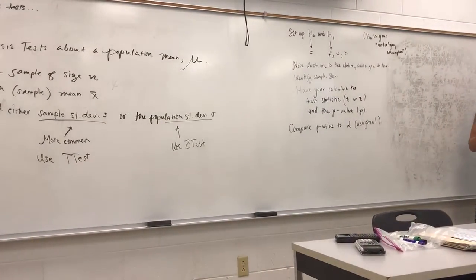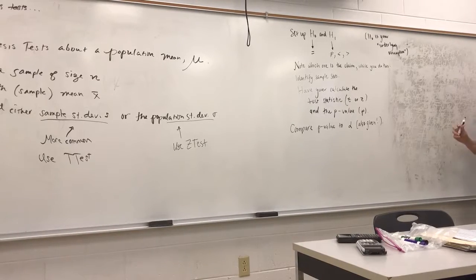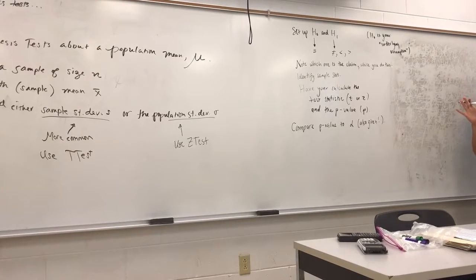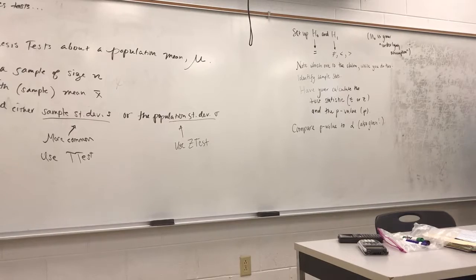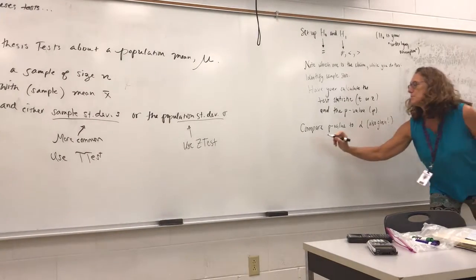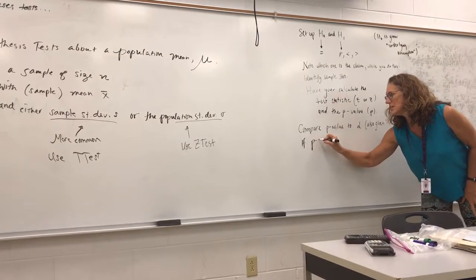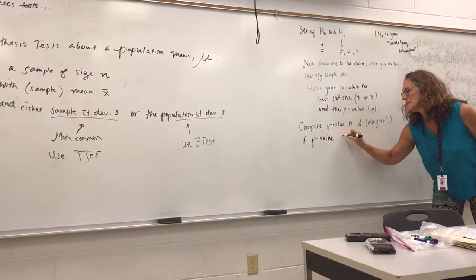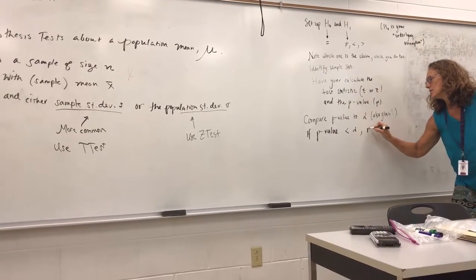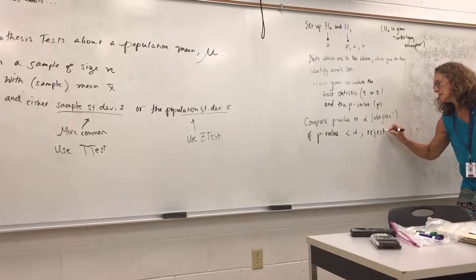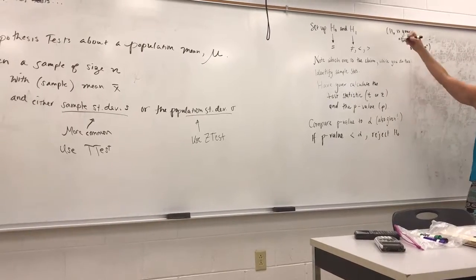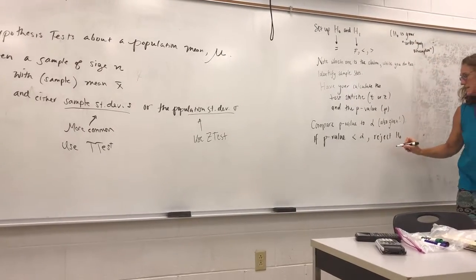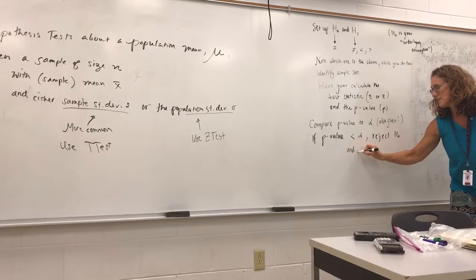And so if it's too unlikely, like smaller than alpha, then we say, whoa, that shouldn't have happened, reject the null hypothesis. So if the p-value is less than alpha, reject H0. And then since H0 and H1 are opposites in some sense, we would then say we support